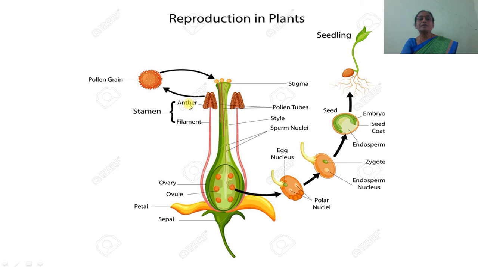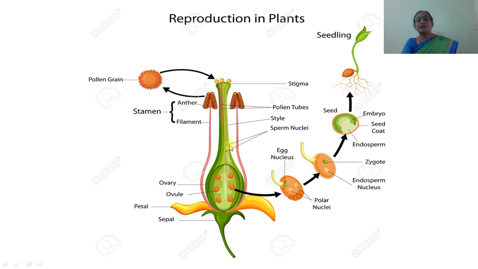And when the anther becomes mature, at that time the pollen grains are produced. These pollen grains are carried by any agent like wind, insects or water. They can be transferred to the stigmatic surface by any agent, and they are deposited on the stigma. As soon as they are deposited on the stigma, they start their germination, and after germination they form the pollen tube which enters through the style, and afterward it enters inside the female gametophyte.